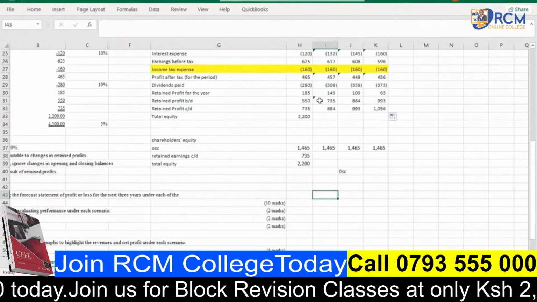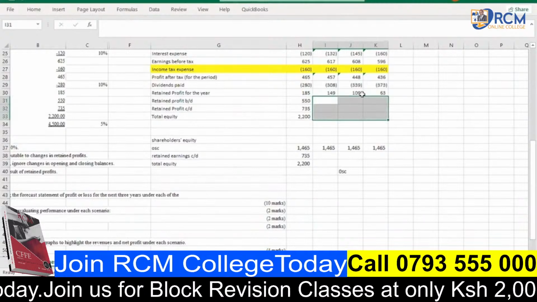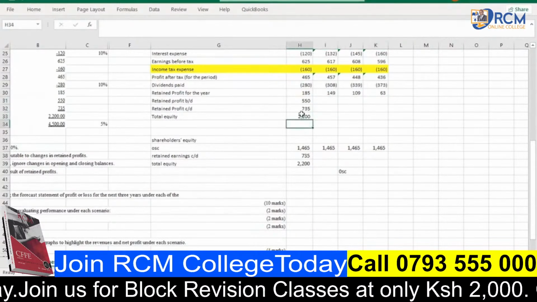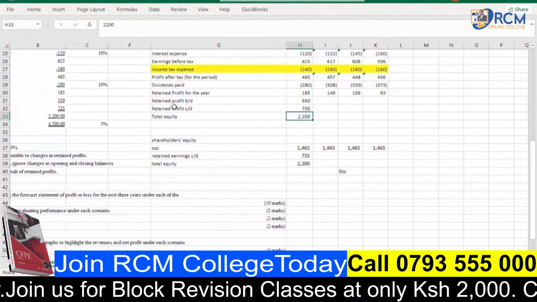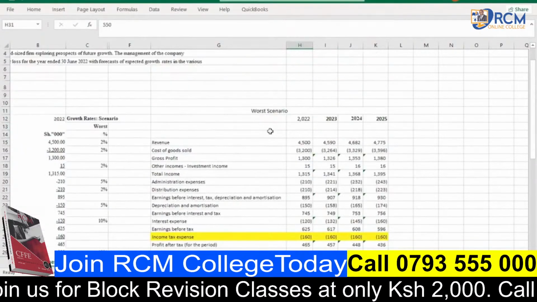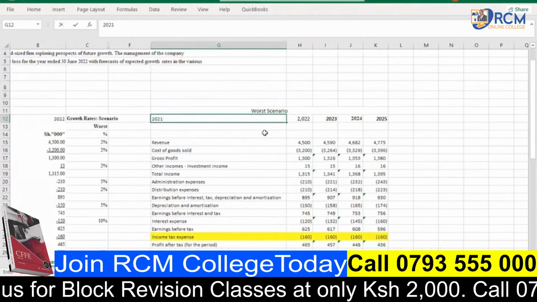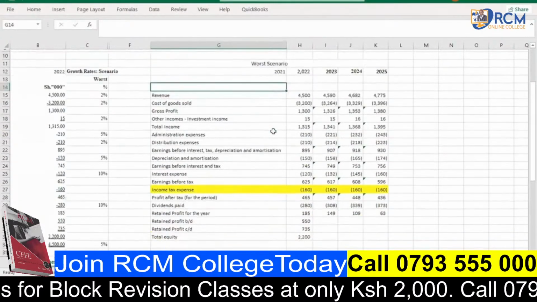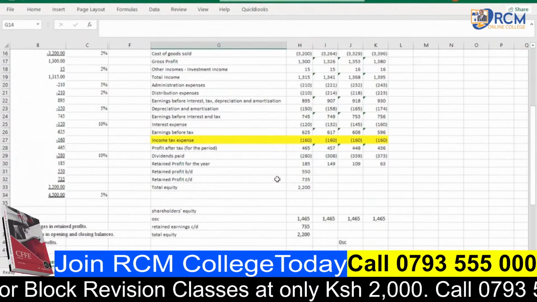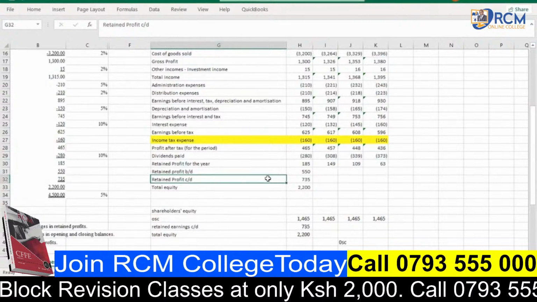Let's do away with these ones here. These profits you will be able to calculate, but retained earnings hii tumepewa na tukasema our retained earnings brought down was there. If you could have been having 2021 hapa, tungekuja then down to this point, tungesema our retained earnings carried down for 2021 hapa,